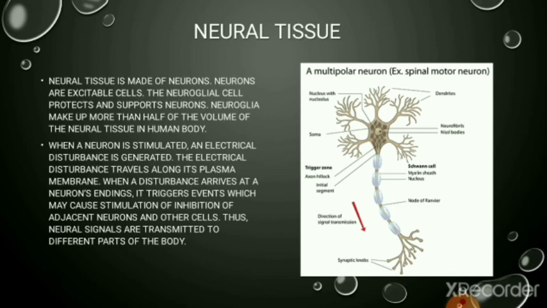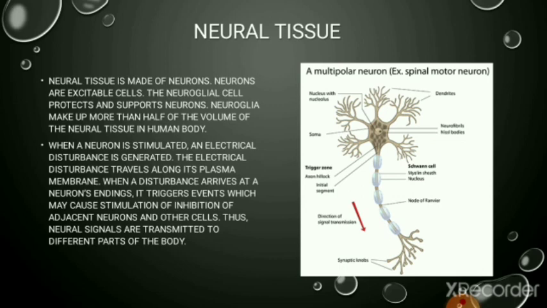This sensory neuron carries messages in the form of electrical impulses towards the central nervous system. Now the central nervous system has two parts, that is the brain and spinal cord. So the sensory neuron carries messages from the sense organ to the central nervous system, where messages are processed, and then the brain or spinal cord sends back messages about what response our body needs to take according to the type of the stimulus, with the help of motor neurons.